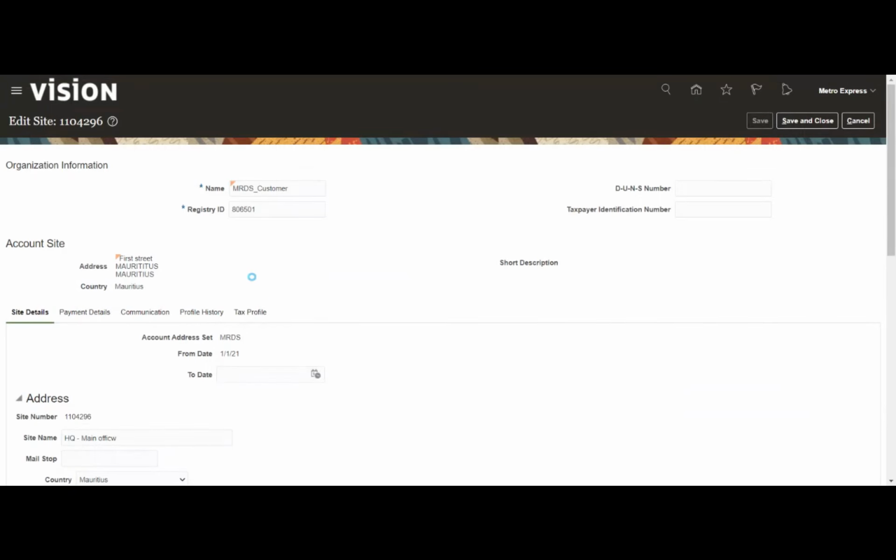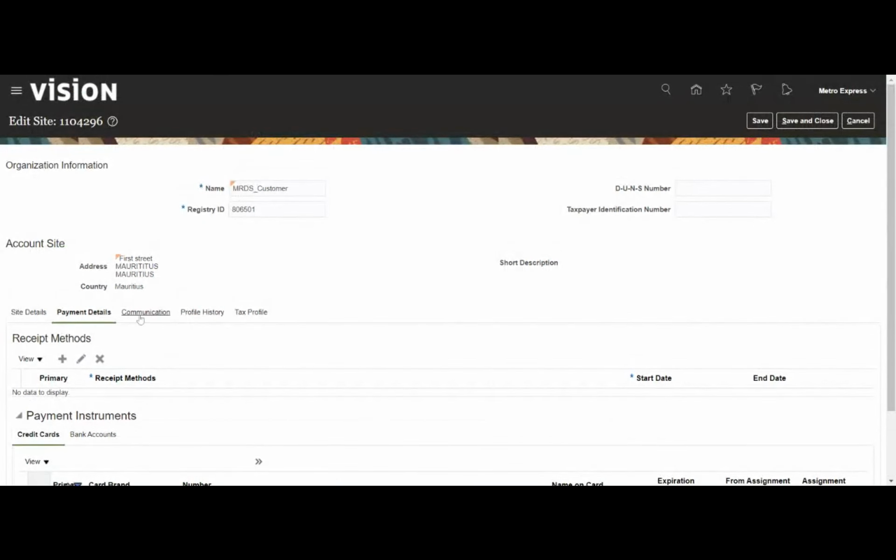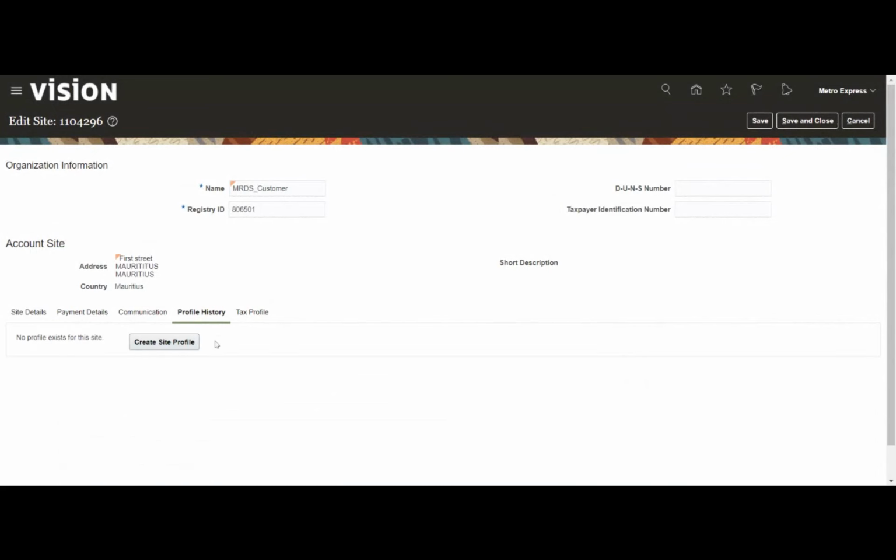And apart from that, we have a few payment details that we can give for this particular customer, if we have anything specific to this customer. Let's say I have credit card details attached, so I will not have to wait every time, probably five or ten minutes, to register. So I'll attach it here, and based on this, it is going to automate in my invoice screen. Okay. Similarly, I can attach the other payment details as well. And the communication details are just optional, so we don't need to create communication.